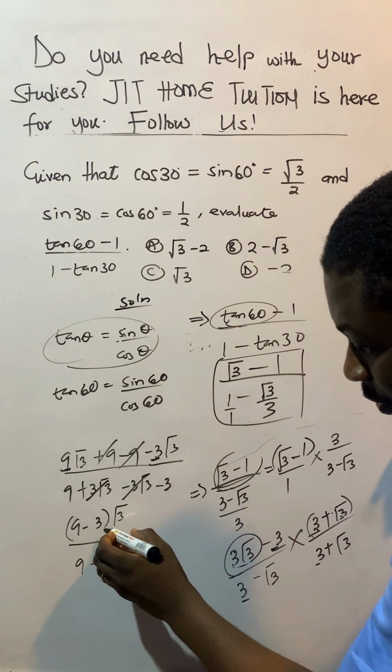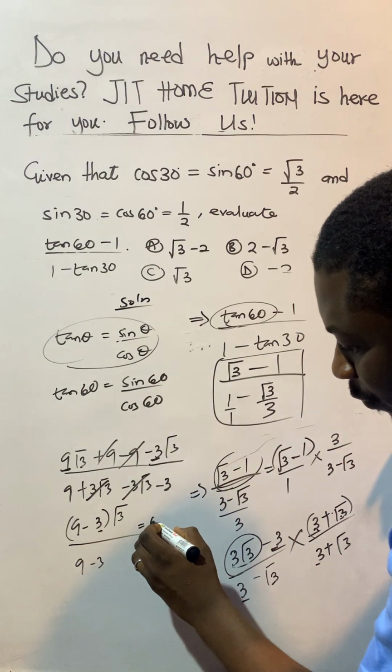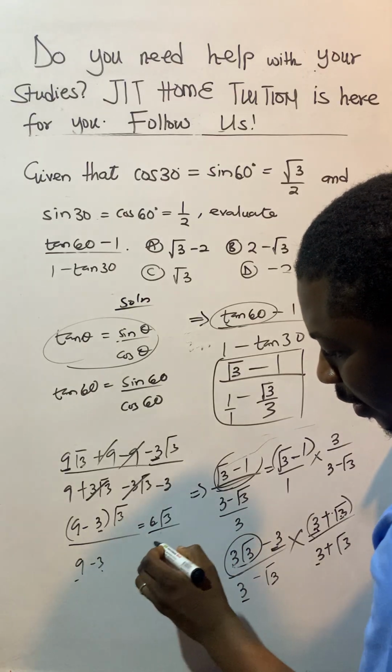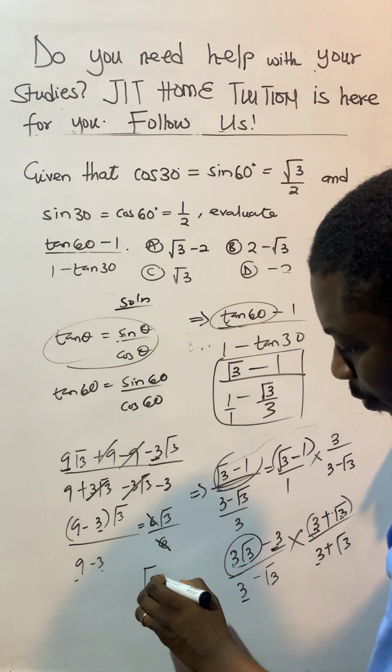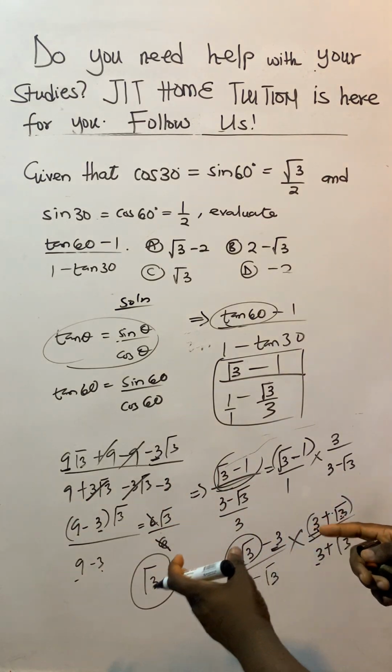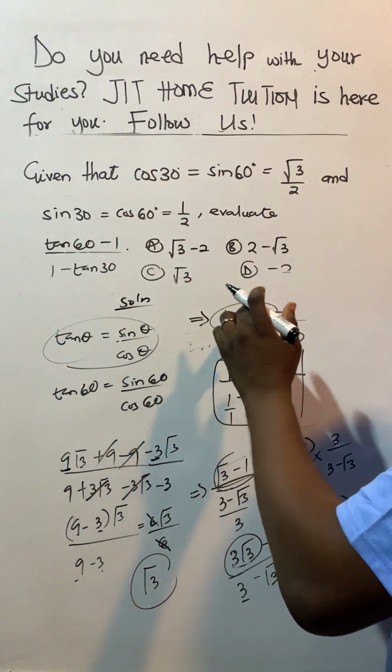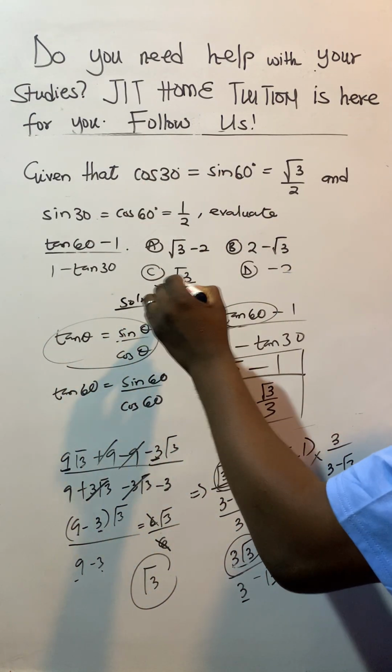I hope you are following. When you deduct this one from this, that will give you 6 root 3. When you deduct, you have 6. This one will cancel. So at the end of the day, you have root 3. And that will be your answer. So you come and look through the options and you realize that your answer is